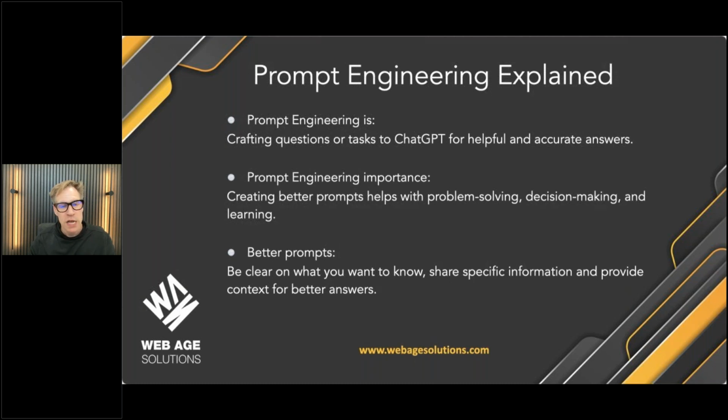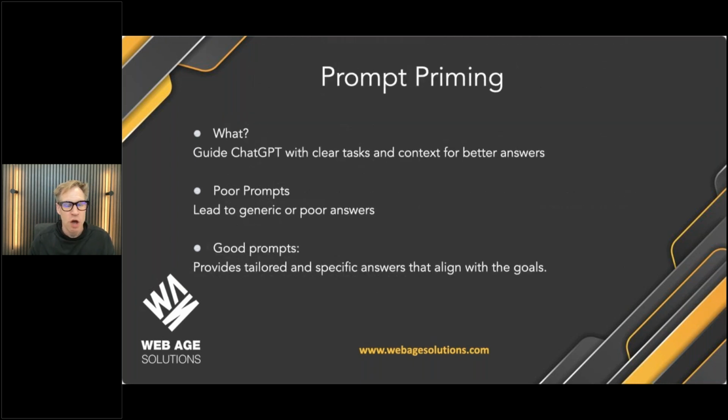So for prompt engineering, we're going to talk a little bit about how to do proper prompt engineering from a basic perspective, and then we're going to run through some cases on how you do some of these prompts if you were a Scrum Master, product owner, or developer. So we call this prompt priming, where you think about what do I want to do? What am I trying to get out of the system? What data am I trying to use? What results am I trying to get? This is called prompt priming.